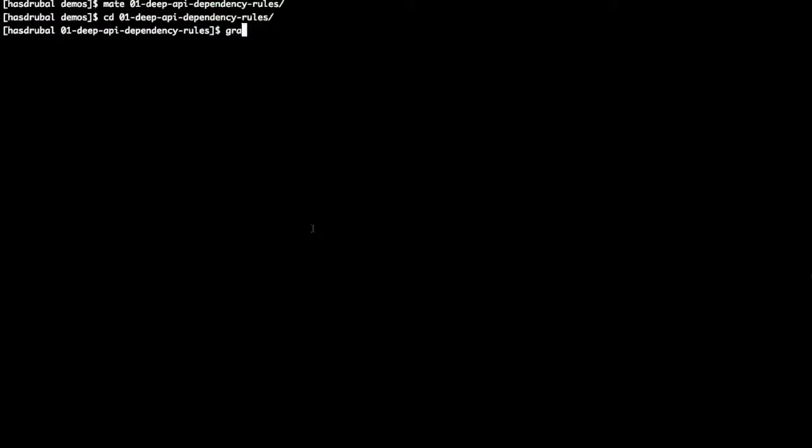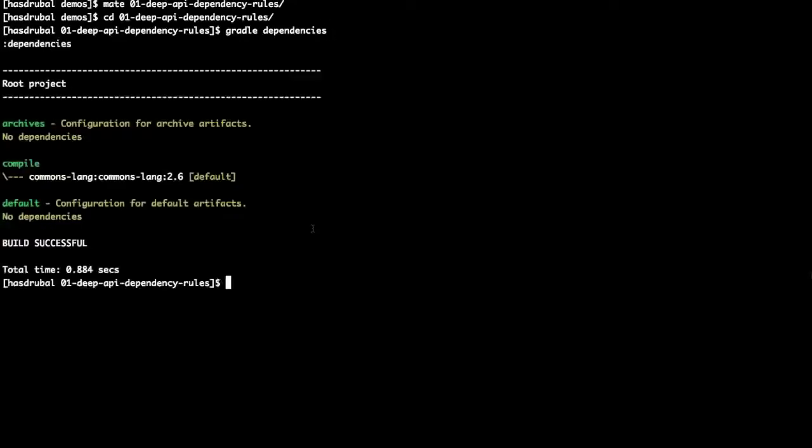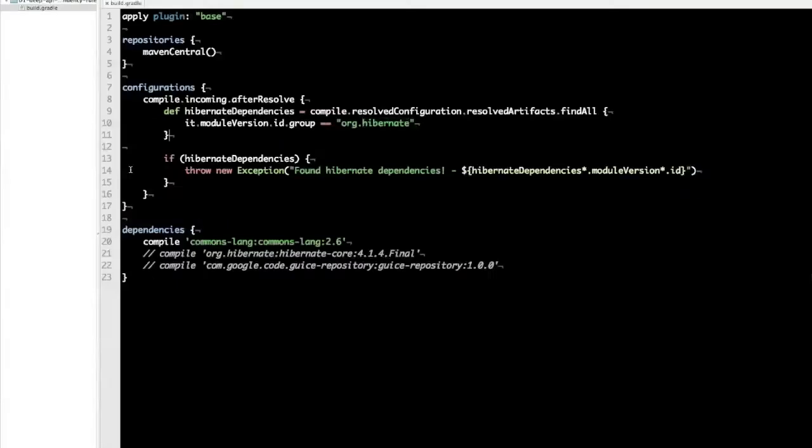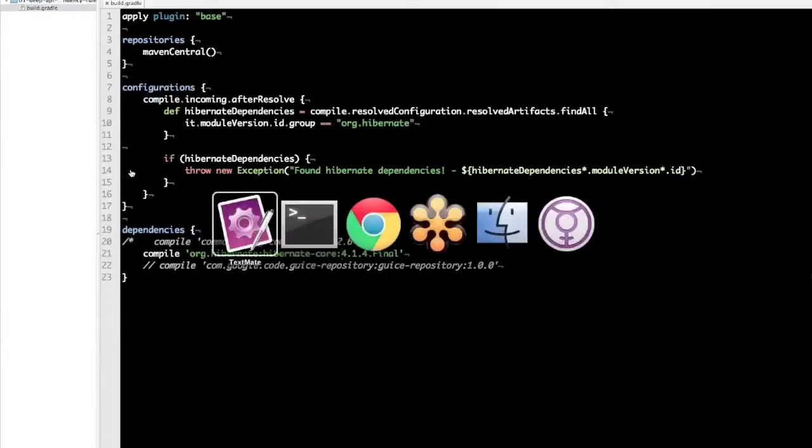So let's go and run this. Now, if I run gradle dependencies, that will trigger a dependency resolution. So I've only got commons lang on my compile class path, that's all fine. Commons lang doesn't depend on Hibernate. If I add Hibernate to the compile class path,